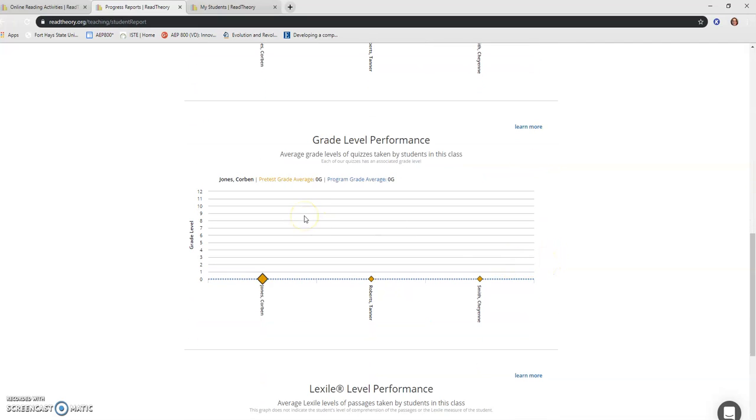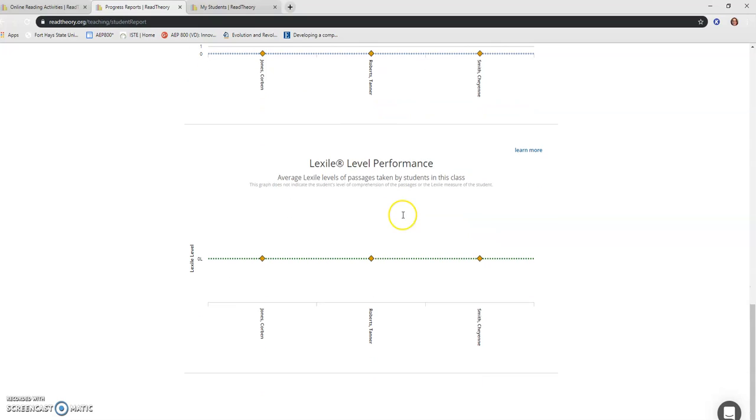Grade level of the quizzes taken before and during the program, the Lexile level performance, pretest average, and then the program average. Again, when I would use my RTI